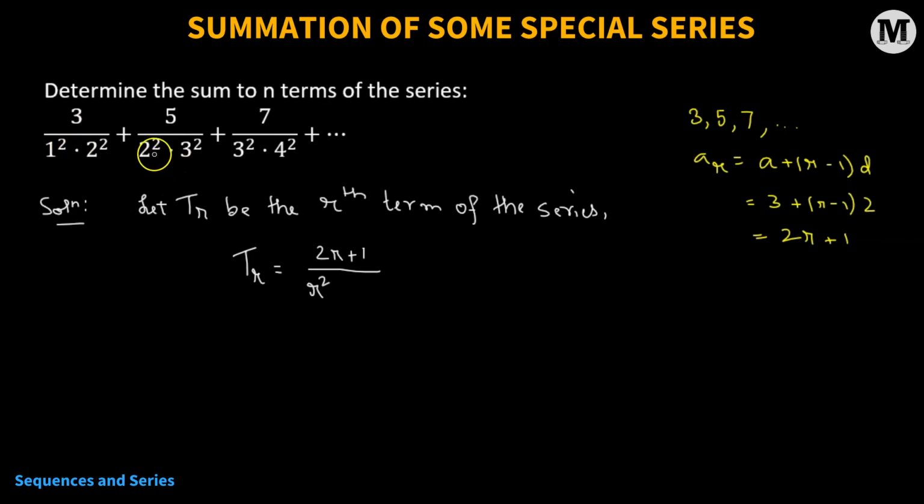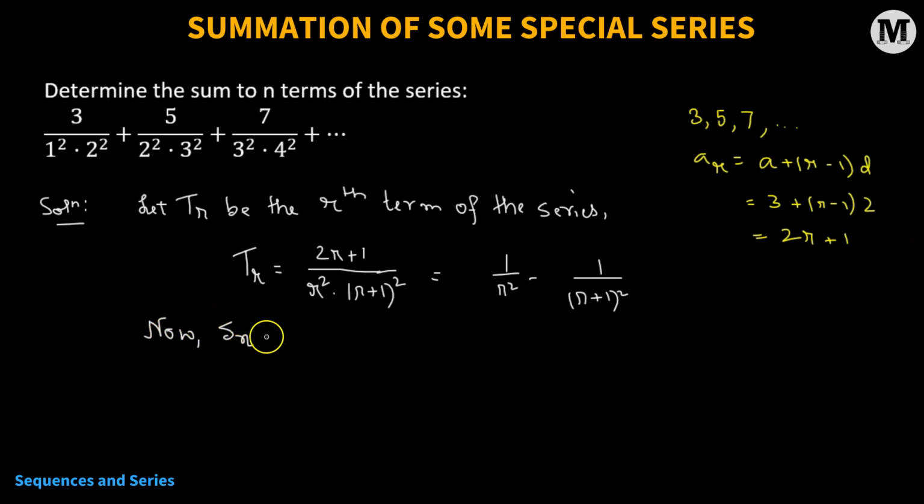If we put r equals 2, we get 2 squared of the second term. Then the next one is having a product with r plus 1 whole squared. So this is how we could represent the rth term of the series. Furthermore, we can decompose this rth term into two partial fractions. We can rewrite it as 1 over r squared minus 1 over r plus 1 whole squared. Now that we have the rth term, we are ready to find the sum to n